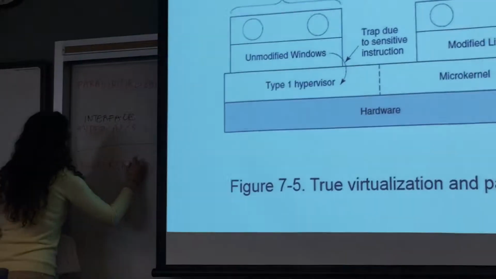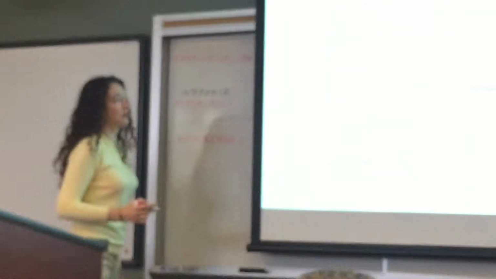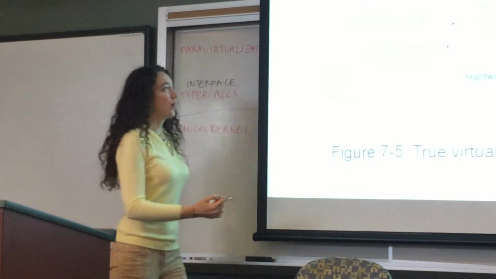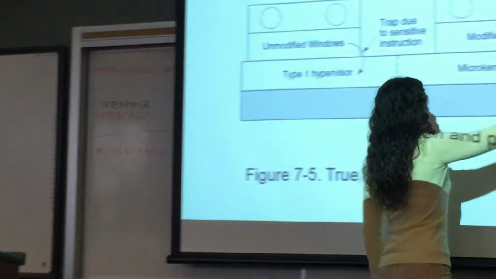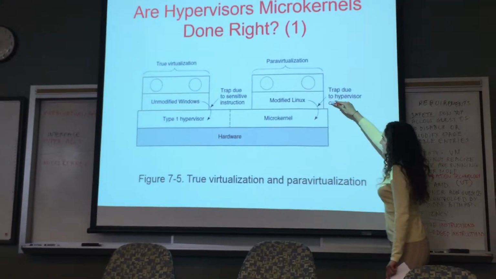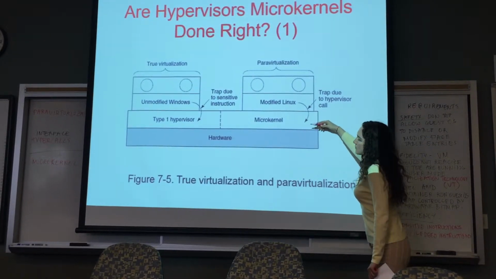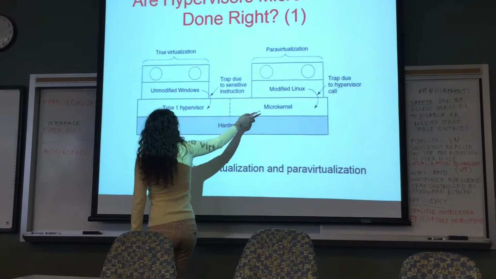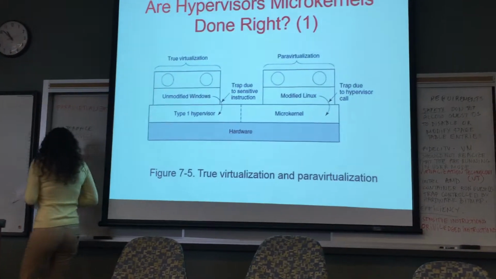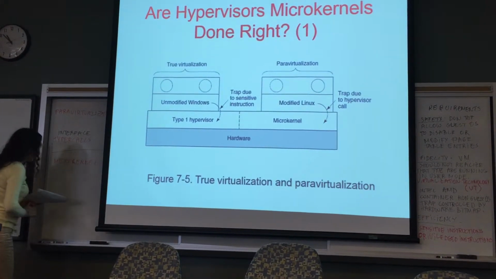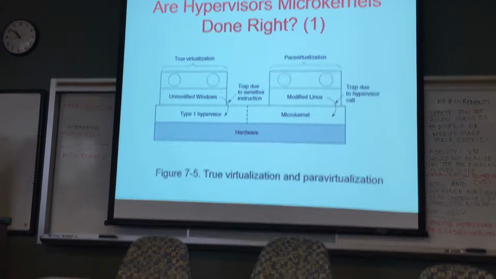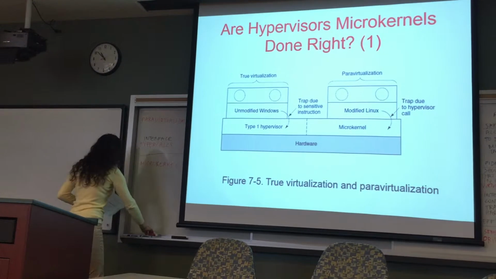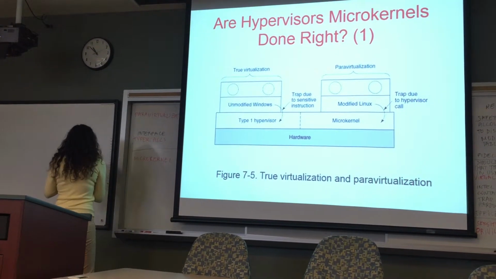So when the normal process needs to make a kernel call, it makes a system call and calls the interface. When the virtual machine, the modified Linux, in this case paravirtualized, wants to make a system call, it calls these hypercalls, and that's why this is a microkernel. It's not a full kernel, it's a microkernel because it's much smaller than a normal kernel, so its functionality is limited. In particular,